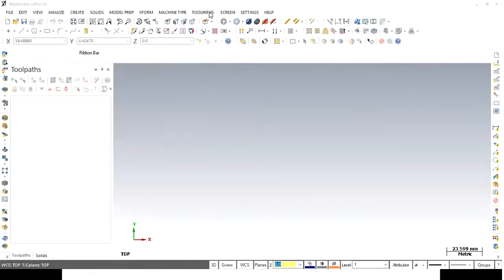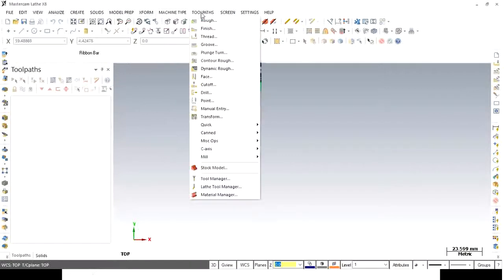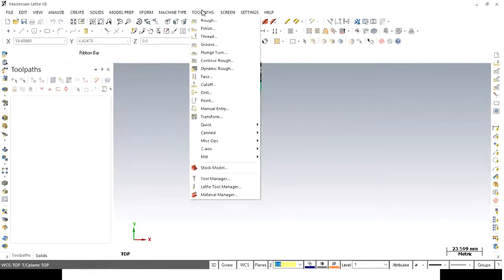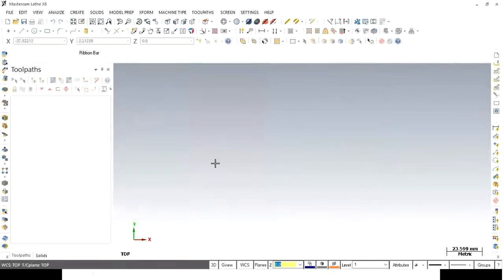Next are Machine Type and Toolpath. In Machine Type, as per the requirement, you can select the different machines on which you will carry out the operations. Next to that, under Toolpath, different options are available, and these options will only open when you have selected the machine type. As per that machine type, the toolpath operations will be available for you and you can select the corresponding operations. This is the main area, called the graphics area, in which you can create the geometry, modify it, or view it from different angles.